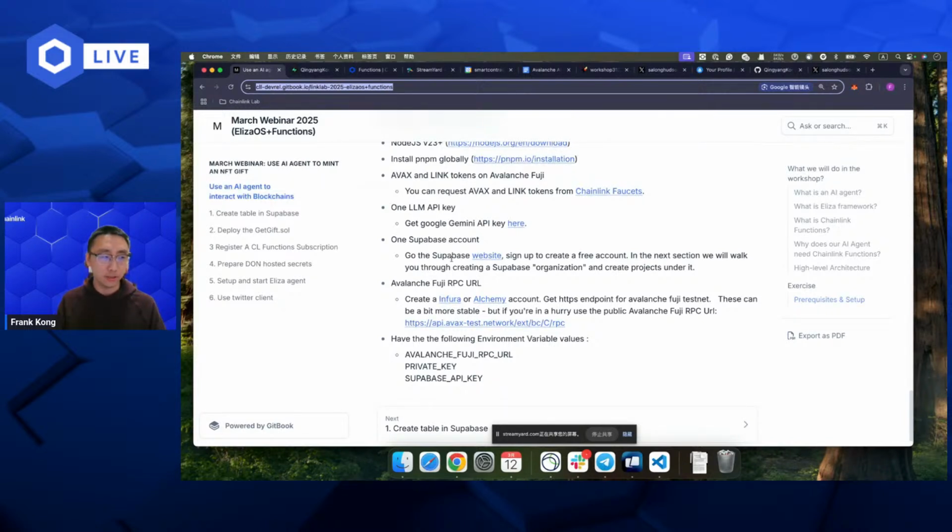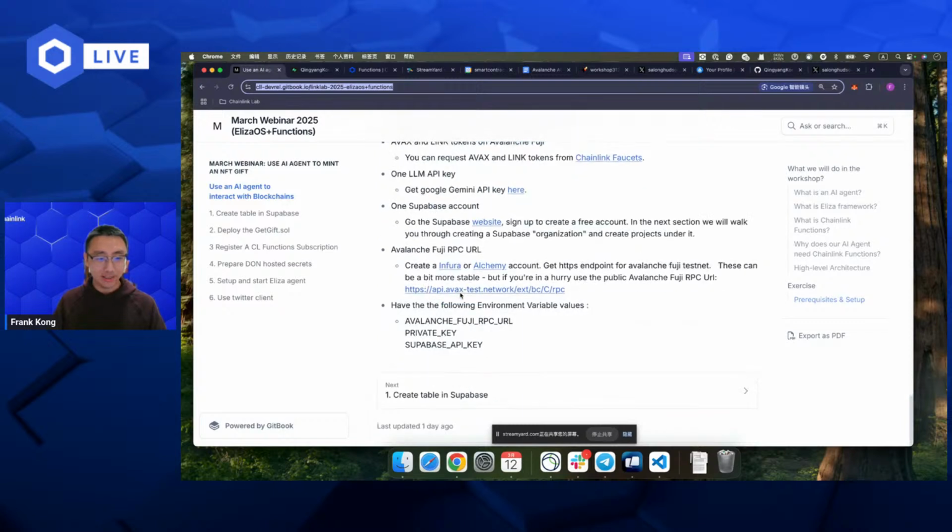Supabase is like a lightweight version of Firebase, which is a lightweight version of Amazon Web Services. You can create a free account and create a database, and we need to save some data in the table. Finally, you need a Fuji RPC URL, and you can get it from Infura or Alchemy. That is all free.